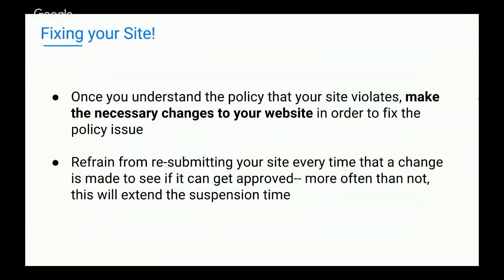Fixing your site, basically, my biggest piece of advice is make sure you solve the problem before you submit your site for review. Time and time again, we get an email or a chat or a phone call that's like, I made the changes to the site, but we go to the page where we instruct you to make the changes and there have been no changes. So maybe even double check before you call or email in, because it speeds up the process for you.